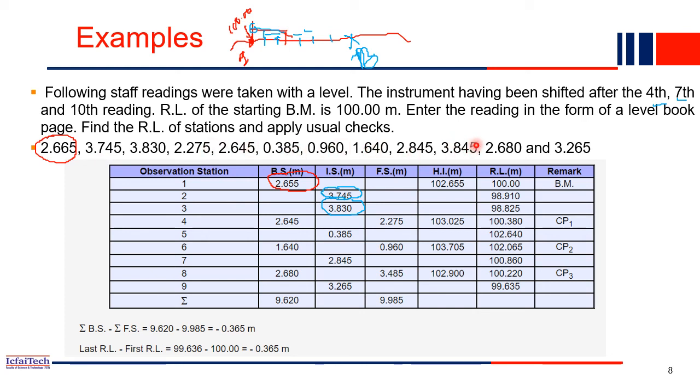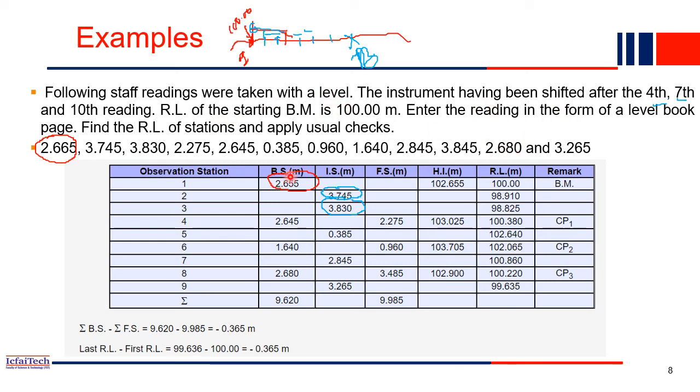So after this reading, again you have shifted the instrument to the third location, right? So this will again be the fourth side, and this is the back side. So 2.60 will be the back side, and this is the intermediate side. So this is how we fill the table. Okay, so we have to understand how exactly measurement is taken in the field based on the conditions given in